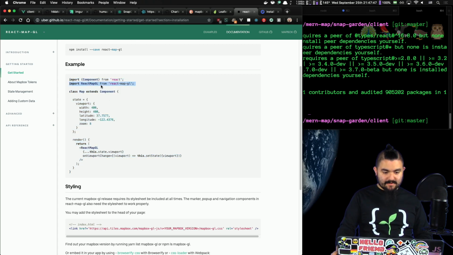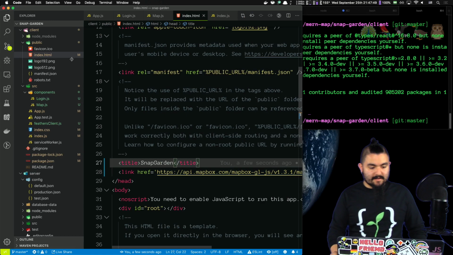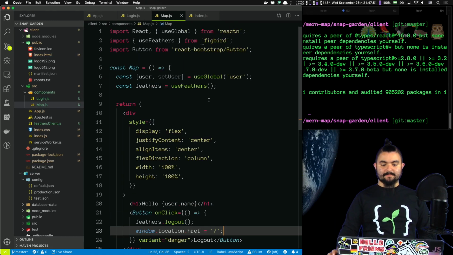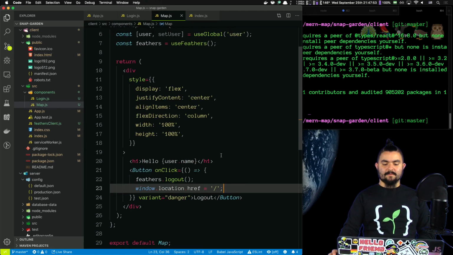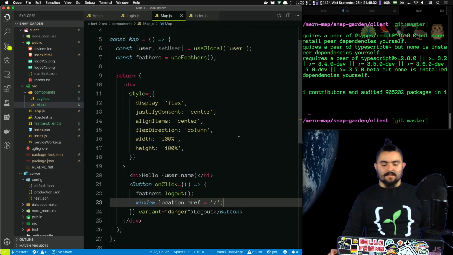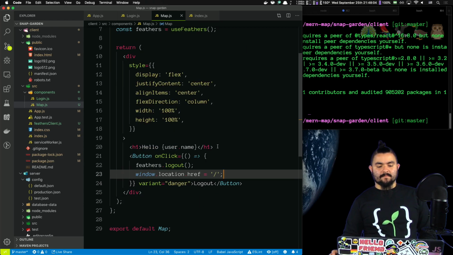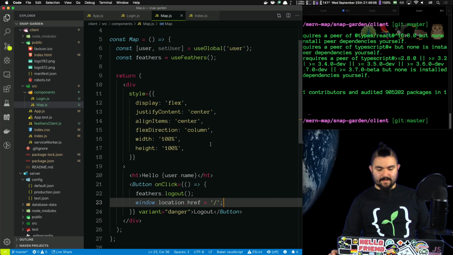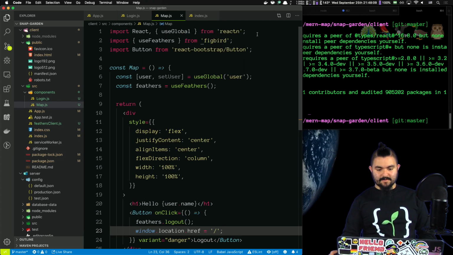Okay, so we definitely want to import React Map GL. So if we go to our map component, honestly, I might create a header, and that's where I put the logout button, up at the top. Okay. But I do need to import